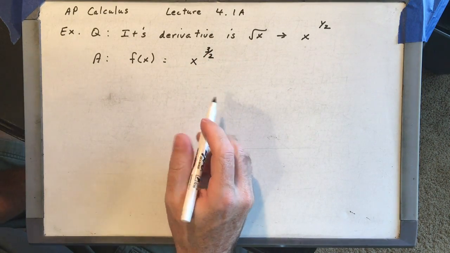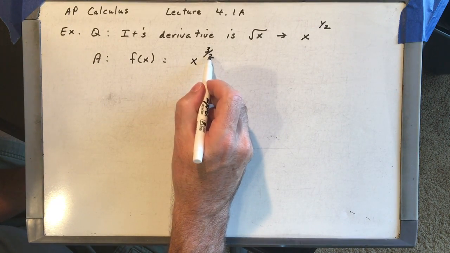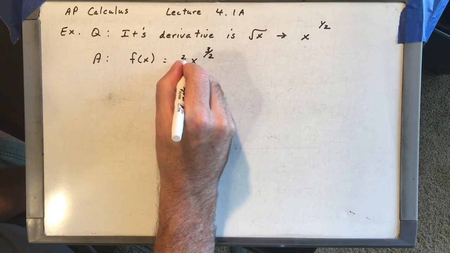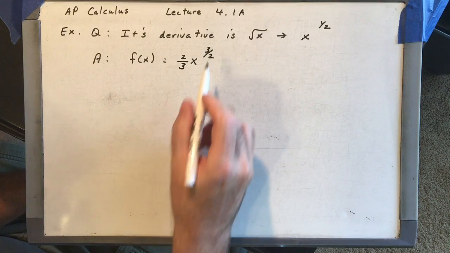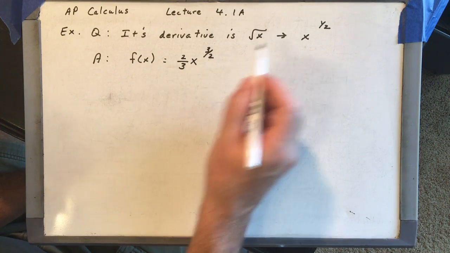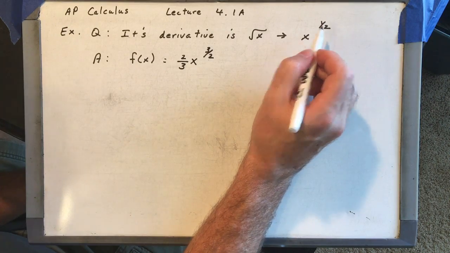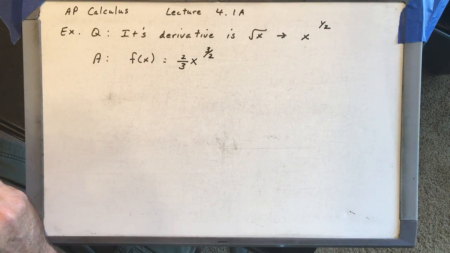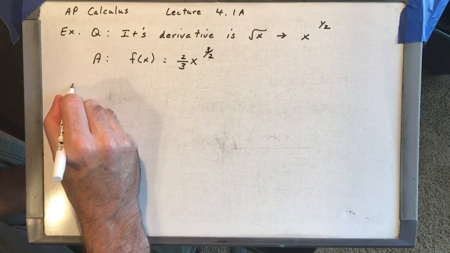But what do I need out front so that when I bring the 3/2 down and multiply, I end up with just a 1? Well, it's going to be 2/3. Right? 3/2 times 2/3 is 1, and then subtract 1 from 3/2, and you would get 1/2. And that's fine. Leave it like that. You do need to fix negative exponents, but you don't have to fix fractional exponents. So our general rule